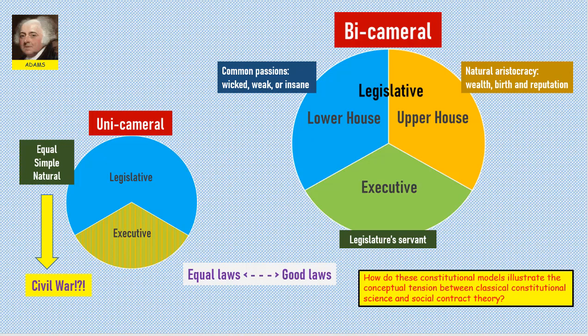That will set up for us in the final movement of the course, when we get to the Madisonian turn. The genius of the executive, legislative, judicial model is that it doesn't imply this distinction between the rich and the poor. But we are not here yet, right? This is John Adams in the 1780s, and so his argument is fundamentally counter-revolutionary, and he's aware of it, and that accounts for the conceptual awkwardness of the argument that he's trying to make.